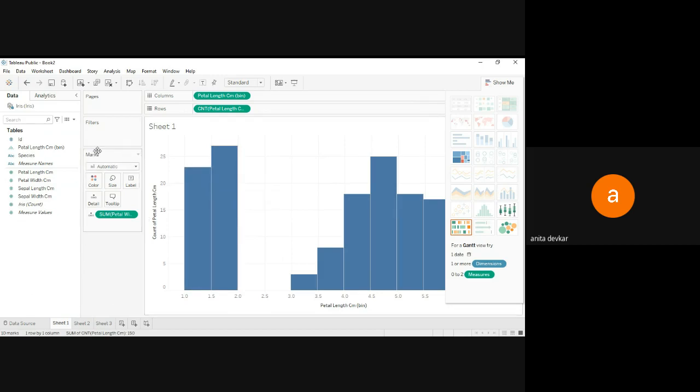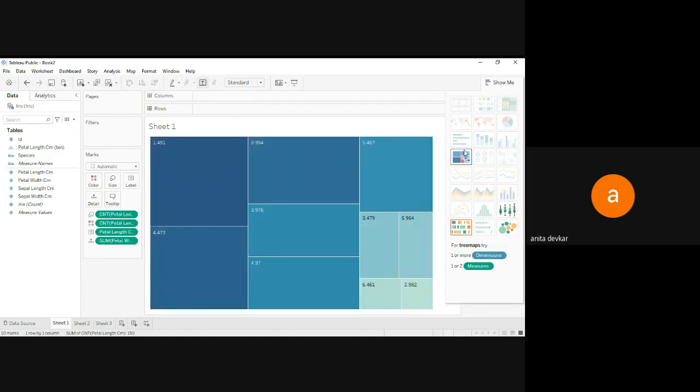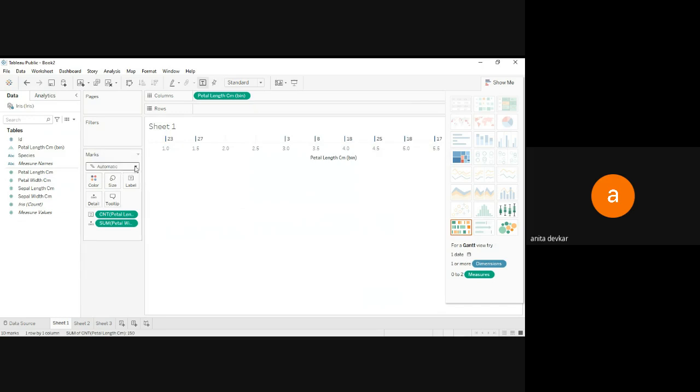Now we will be using this marks pane for creating the detailed visualization. So now I want the detailed visualization. With the help of this you can choose which type of visualization you want to create.